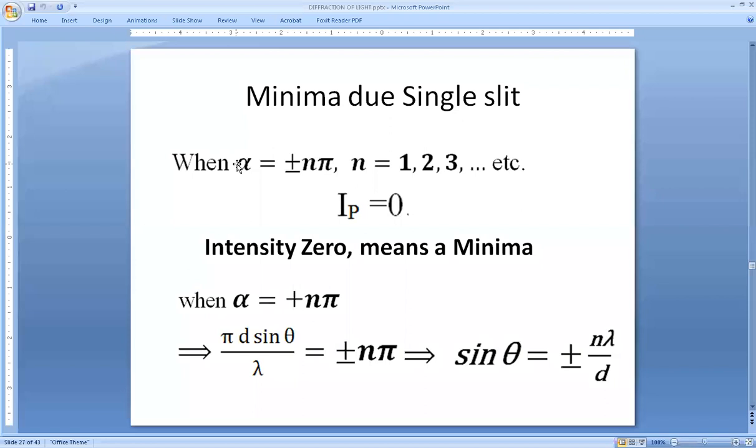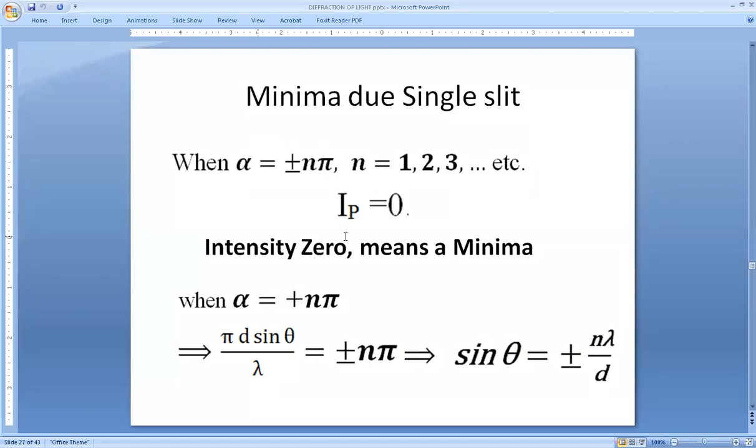Now, you remember sine alpha by alpha with alpha tending to any n pi, let us say pi, 2 pi, 3 pi: sine pi is 0, sine 2 pi is 0, sine 3 pi is 0, sine 4 pi is 0. For any multiple of pi, whether odd or even, sine is going to give you 0, right?